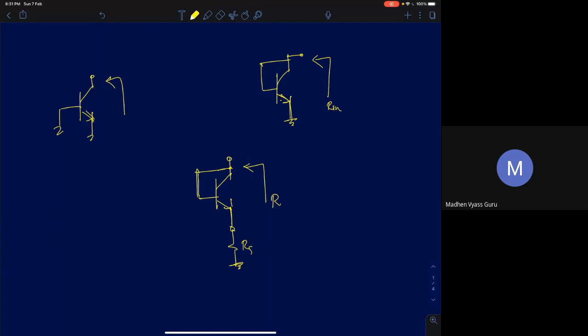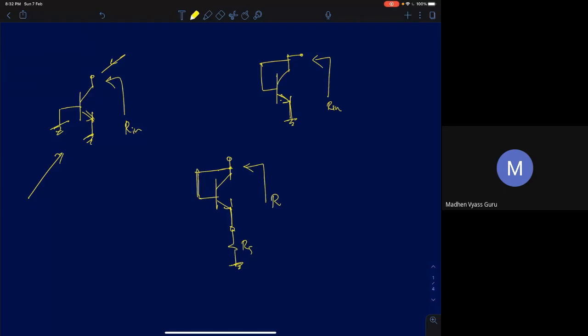We'll very quickly apply what we have learned so far and solve some circuits. And also I'll have some concluding remarks on common collector configurations. So here I've given three very simple bipolar junction transistor circuits, and you're supposed to find the resistance looking into each of these nodes. So in the first circuit seen here, base and emitter are grounded.